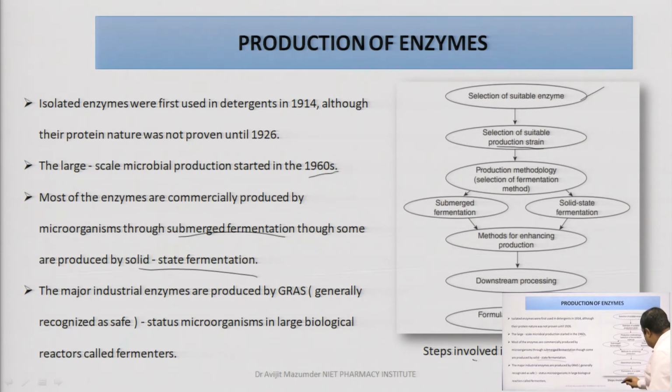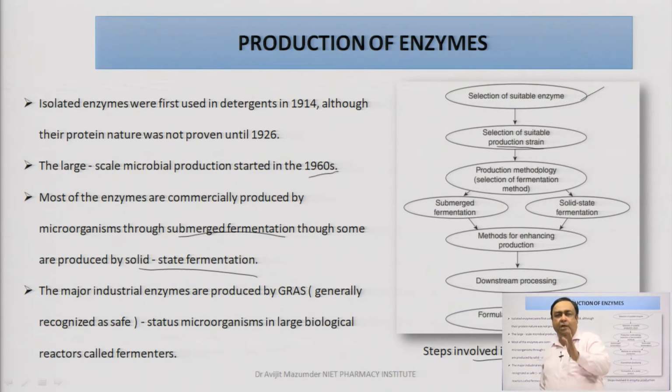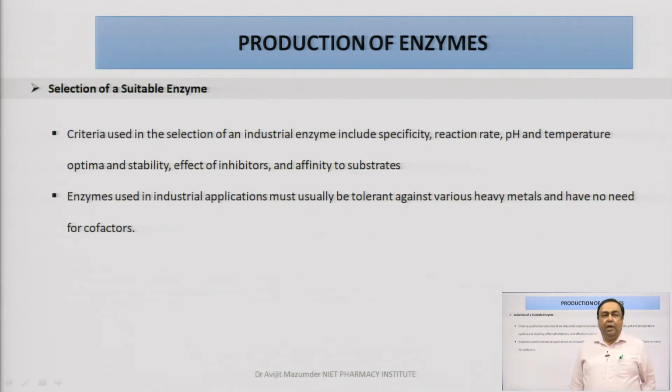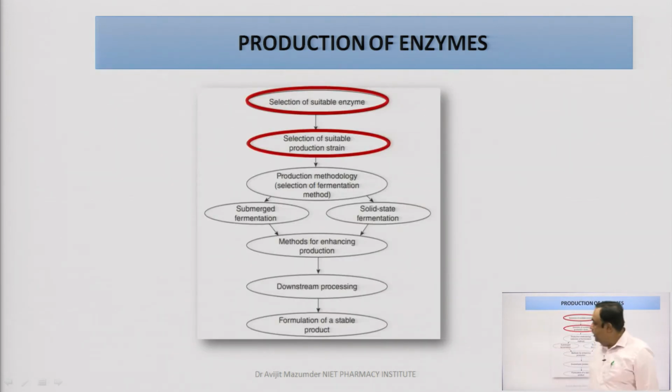Now, these are the steps which are to be followed for each and every enzyme, for each and every product which is obtained with the help of microorganisms. So, first is selection of a suitable enzyme. The criteria used in the selection of an industrial enzyme include specificity, reaction rate, pH, temperature optima, stability, effect of inhibitor, and the affinity towards the substrate. These factors are to be considered. Enzymes used in industrial application must usually be tolerant against various heavy metals, and there is no need for addition of any cofactors. Next, we are going on to the next step, that is step number 2,